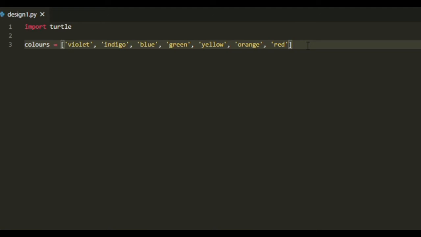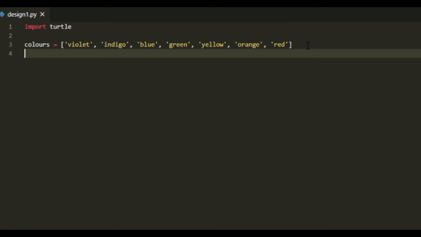So these are the colors of the rainbow. You can choose any colors you want. I just think this will look nice.